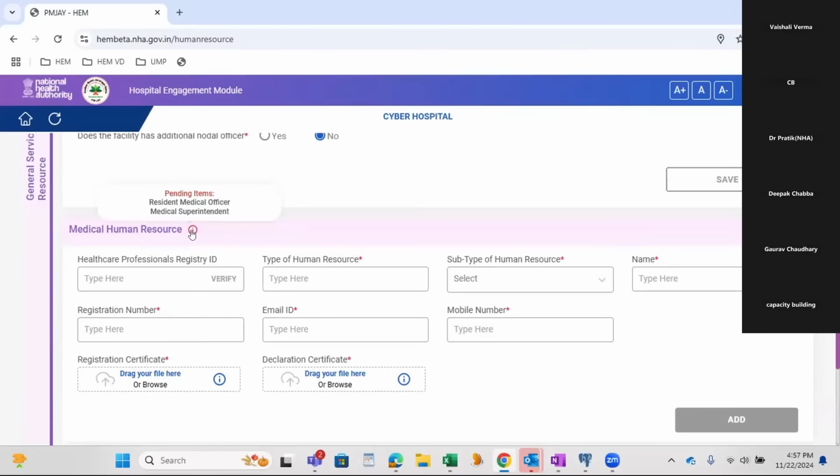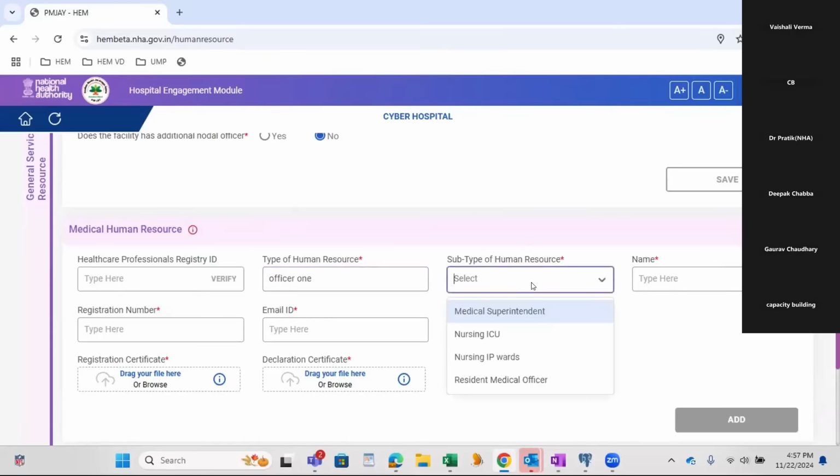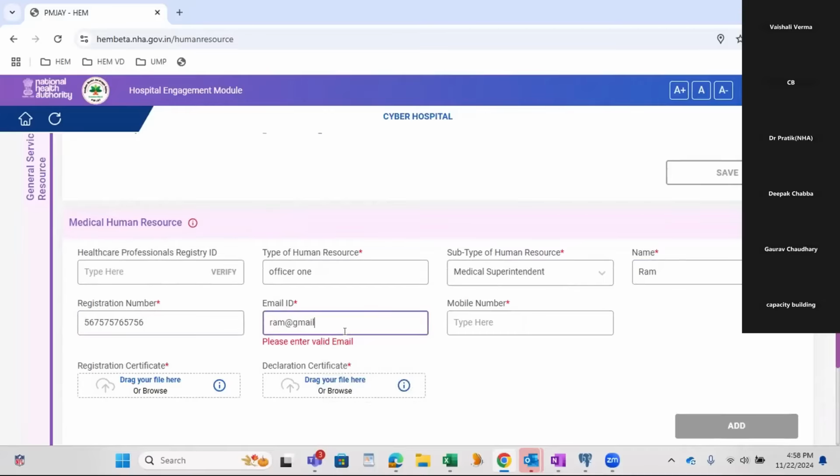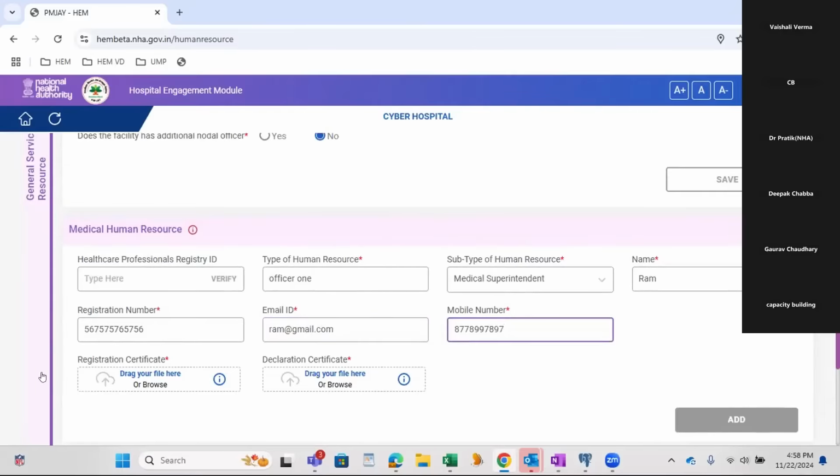So I'm making an entry for resident medical officer. In the drop down for subtype of human resource, I will select the medical superintendent as it is a mandatory field in order to add this. Now registration certificate and declaration certificate.